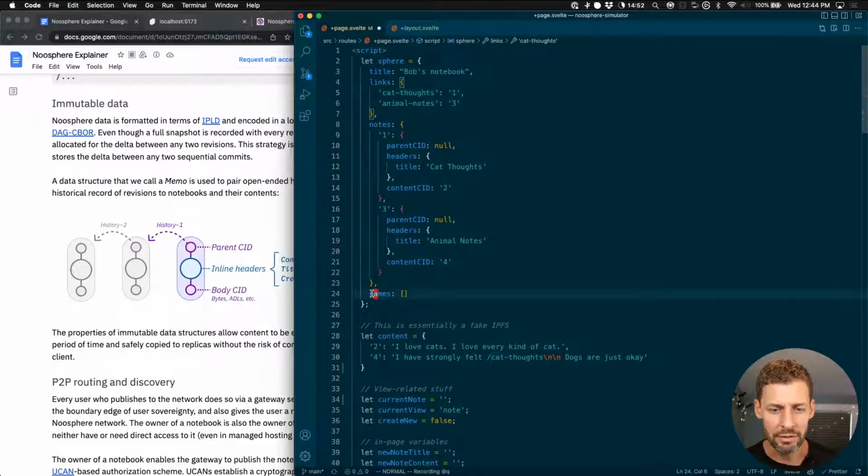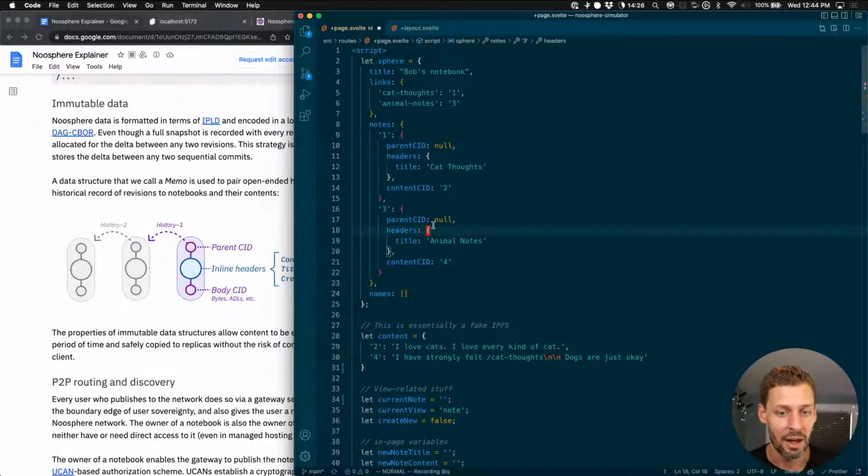Right now, we don't have any names because I'm not referencing anything outside. I'm not yet referencing another person's note. We could do content addressing today, but I think a more important thing today would be to get to multiple spheres or multiple notebooks in the browser so that I could switch between Bob and Alice and then reference Bob's notes from Alice's notes